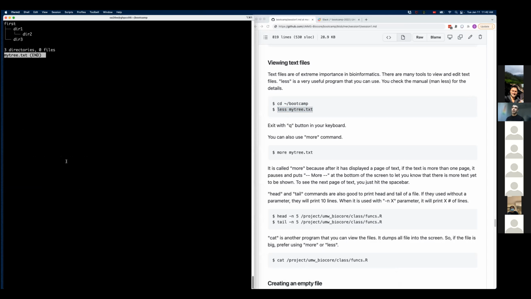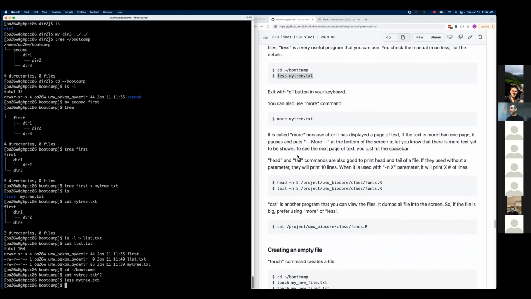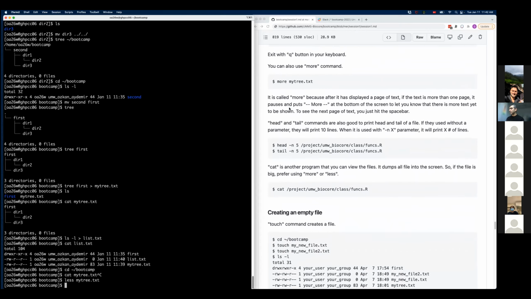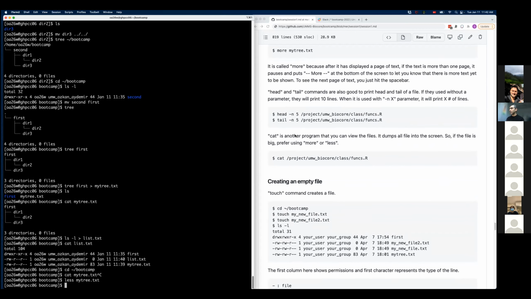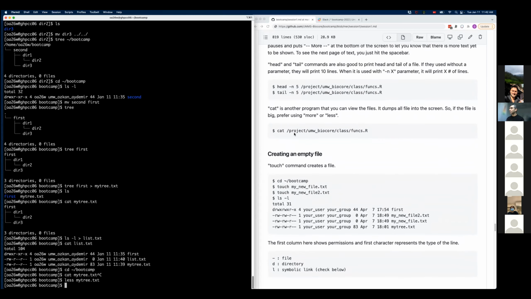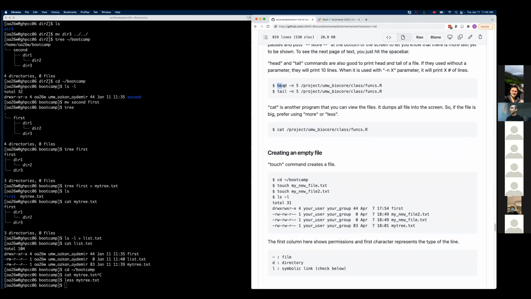And here again, we see this end notation. So if I do Control C here, it's not going to work. Again, I use the key Q to exit from less. More is basically the same, but more is used less because it's an older and less featured command. Another useful command is the head command,